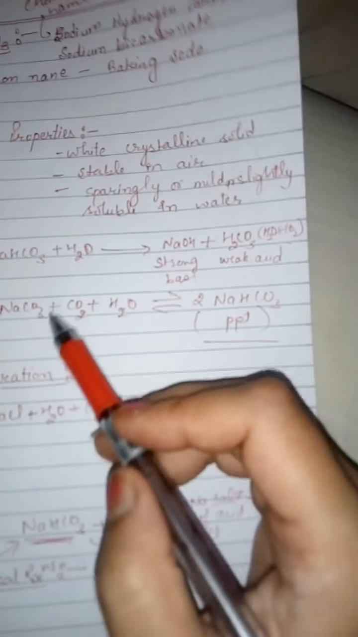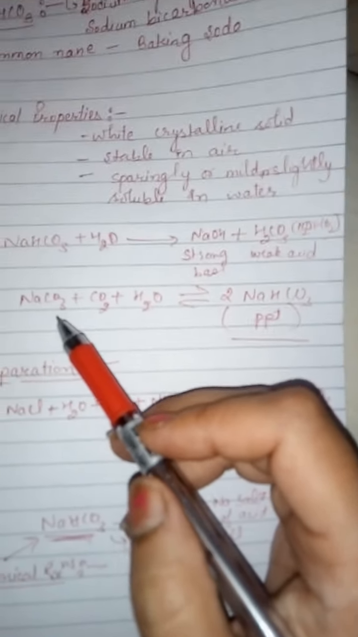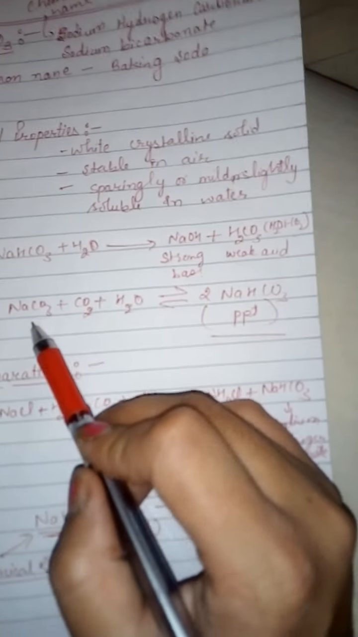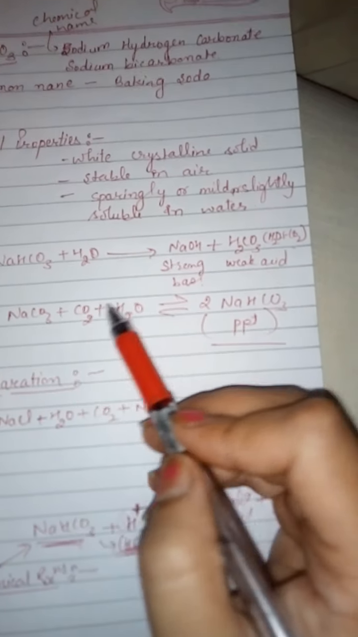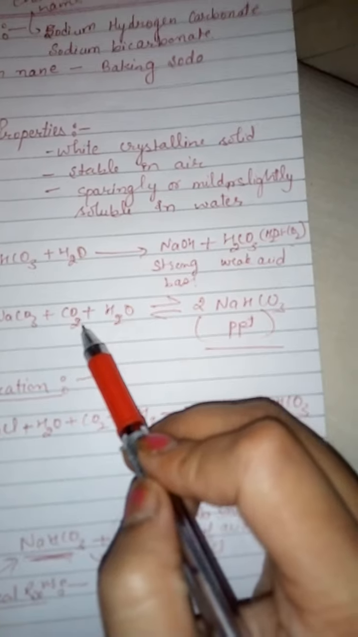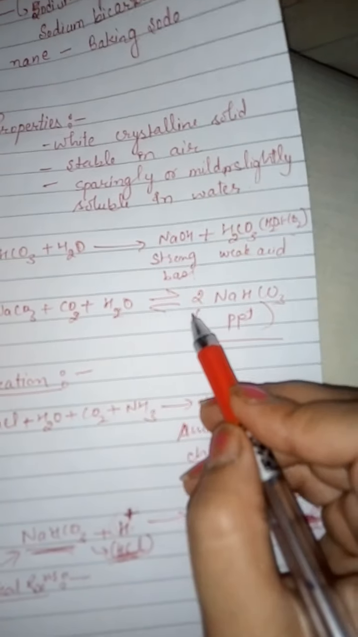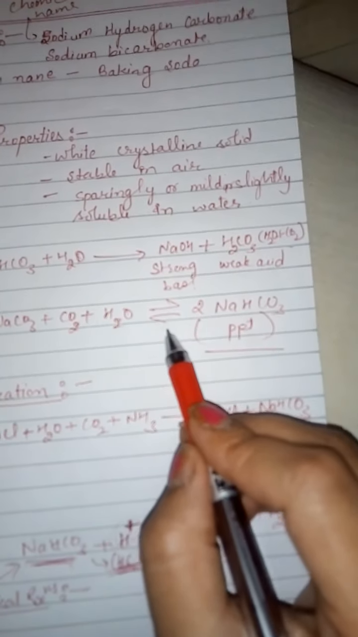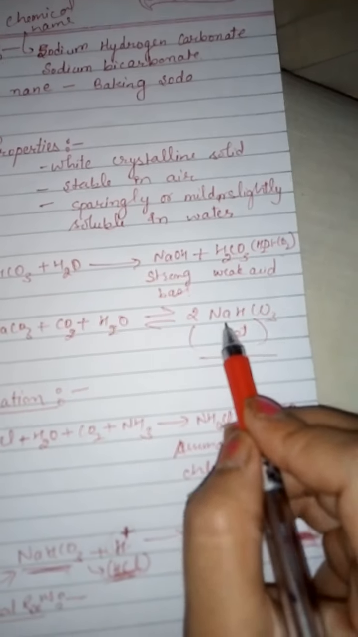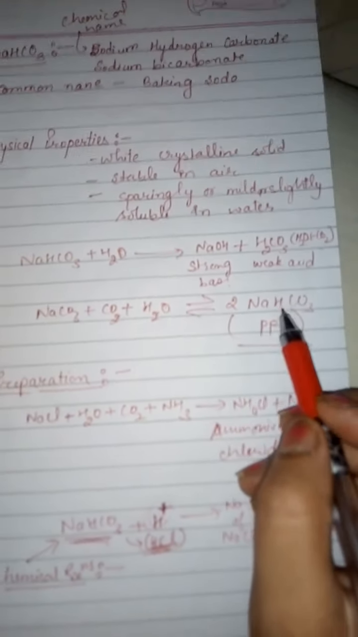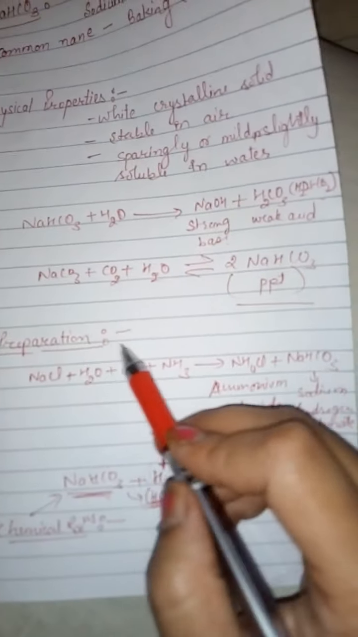Another method you can also write if it is asked: sodium carbonate reacts with carbon dioxide and water, actually this reaction is in equilibrium, and two molecules of sodium hydrogen carbonate are formed. Then preparation,